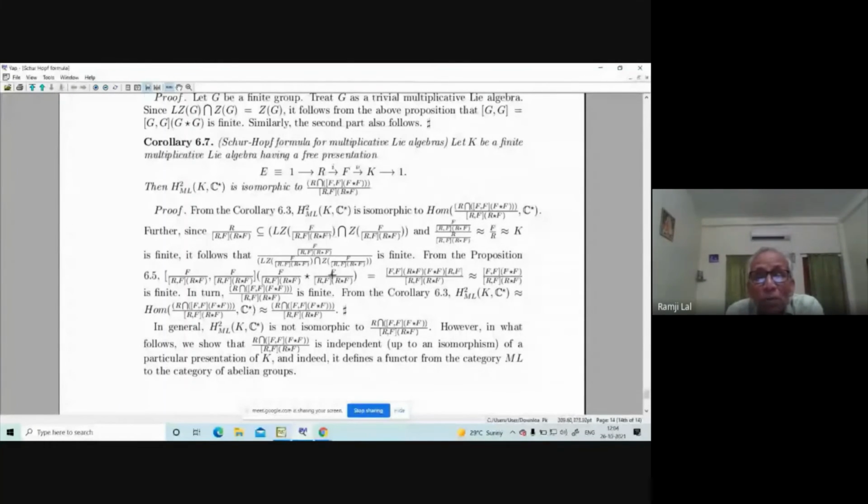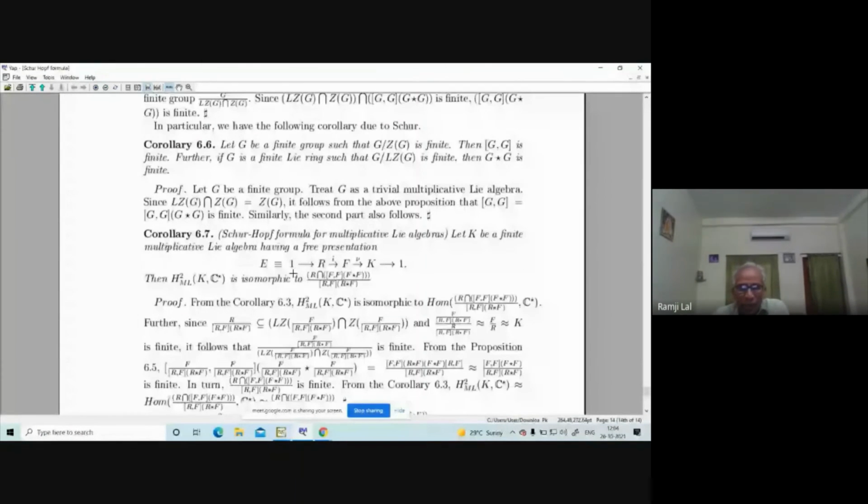So this is the Schur Hopf formula, which is a crucial fact. And you know, the concept of presentation of multiplicative Lie algebra. So I just wish to